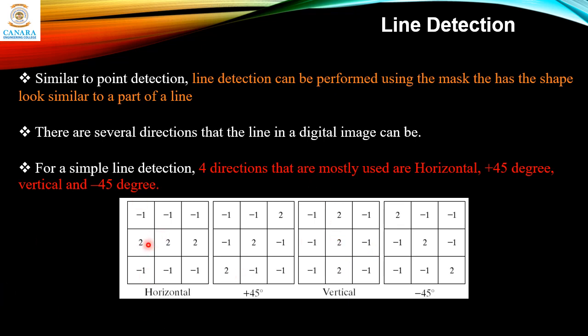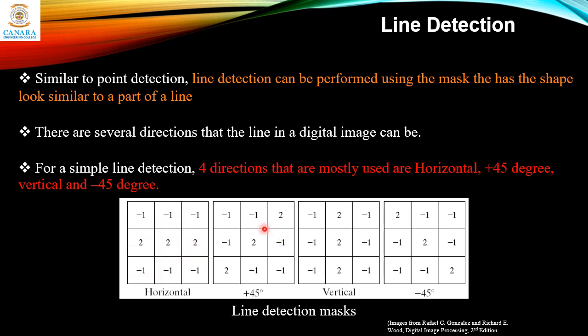For detecting a horizontal line, we can use a mask like this. You can see the center horizontal line has a higher value, 2 2 2. We multiply the pixel values by 2 and we suppress the other values by multiplying them by -1, so when you add them up, the result should be 0.